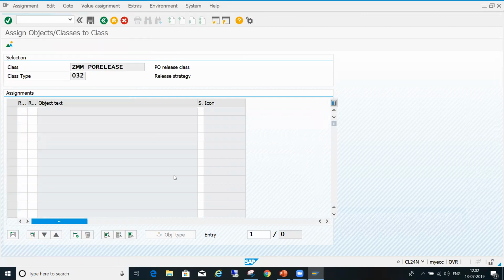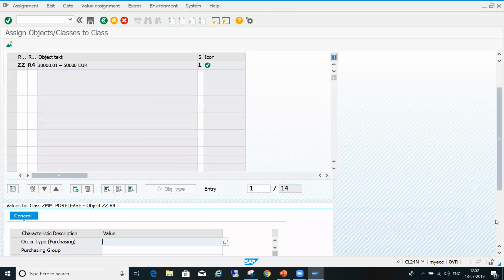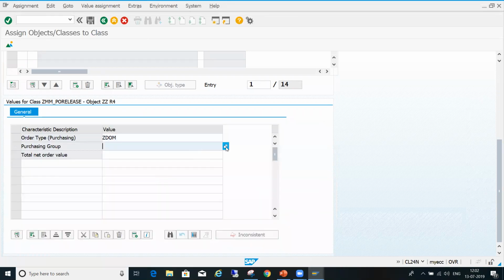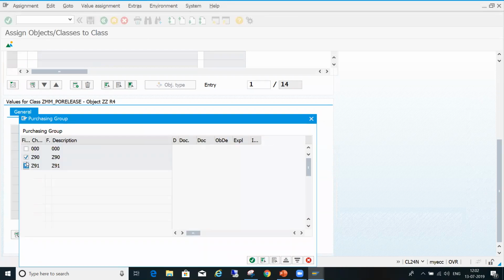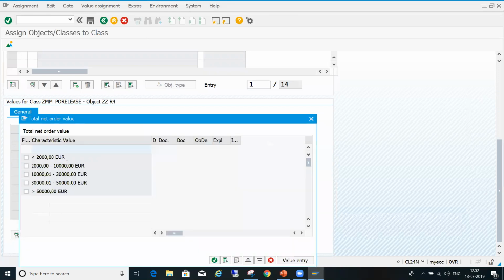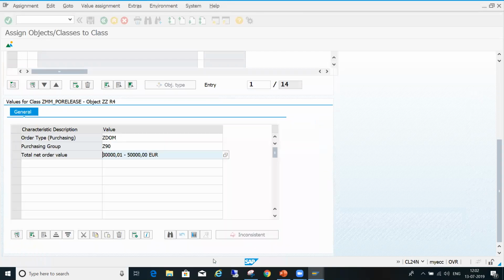New assignment, release strategy, it is for the fourth level, enter. Document type. Purchase group. Total value, fourth level, this one.